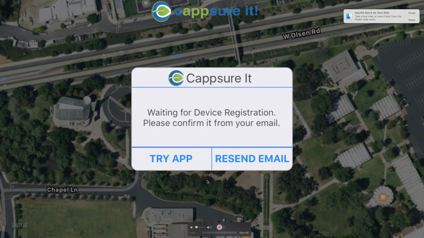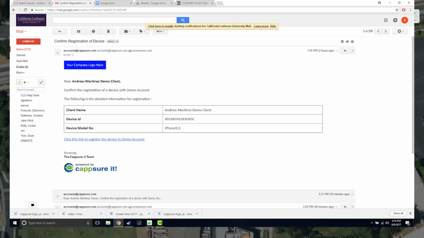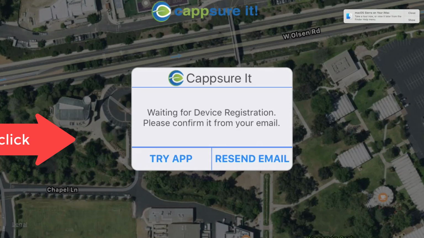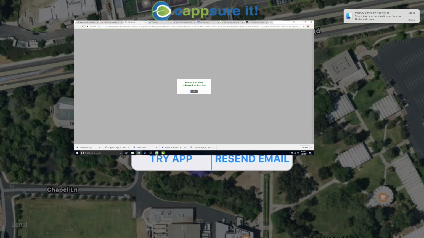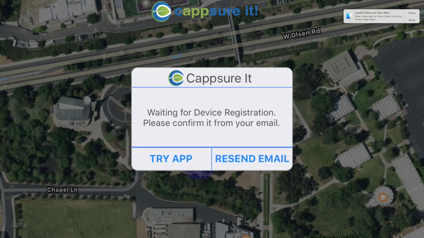accept the device client registration email. It comes to the same email address as the one you accepted your Capture invite email with. So once you do that, all you have to do is click accept. It'll register that device as a client device, and then it'll bring you to a screen that says the device has been registered. Once it's been registered, you can exit out of the application and reopen it, and that's what